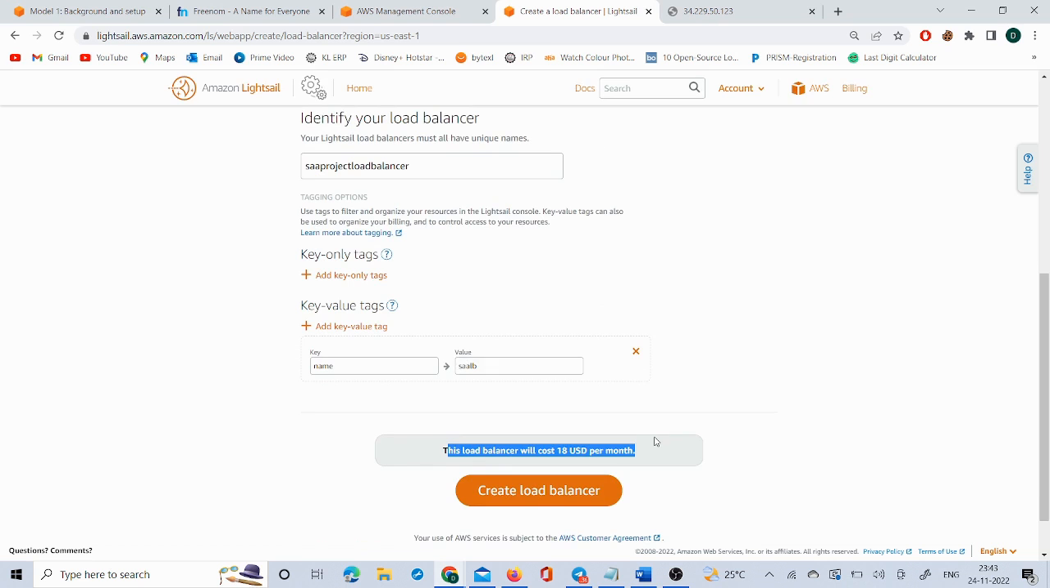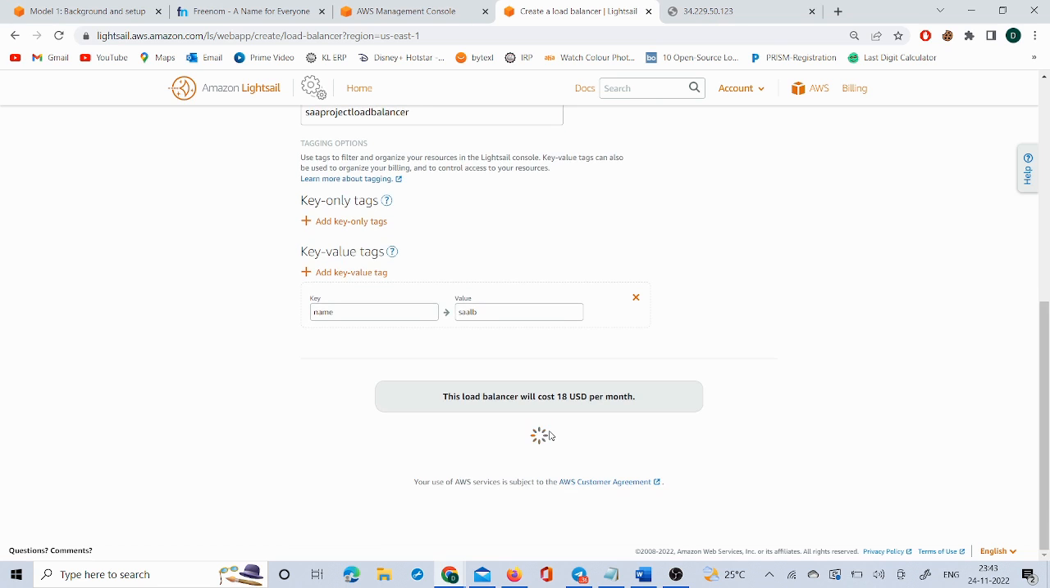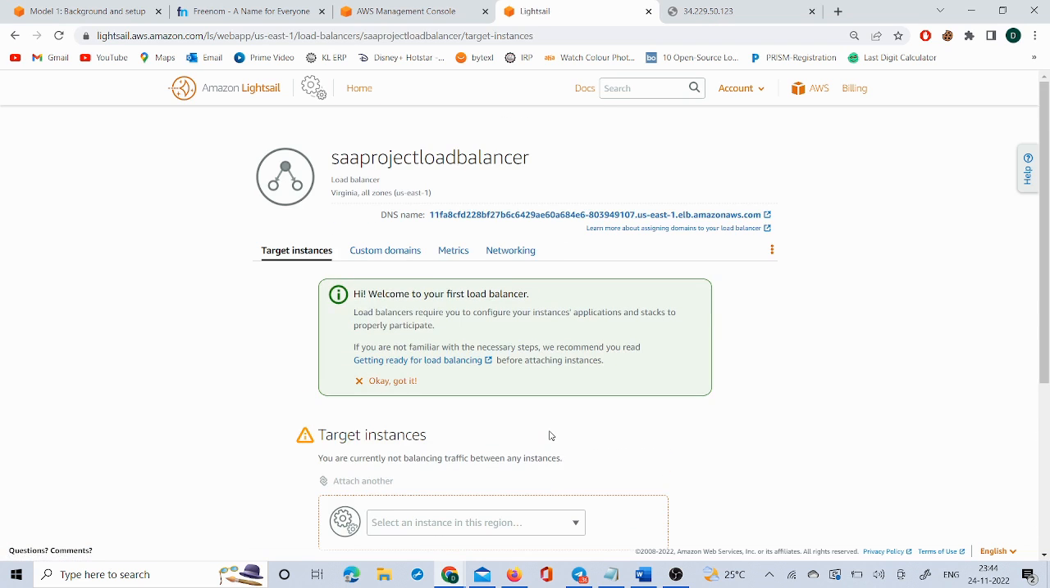Make sure that you monitor the cost and you terminate the instances after the completion of the lab. Okay, so create a load balancer. It will take a few seconds to create. My load balancer is created with this DNS name,